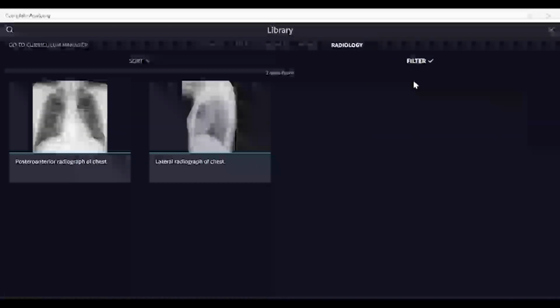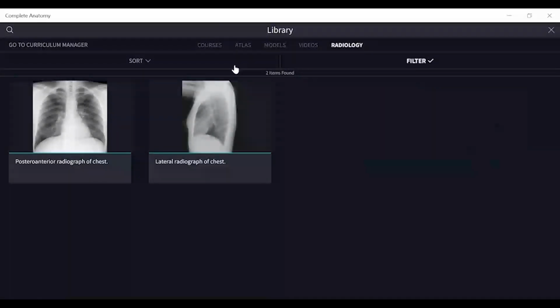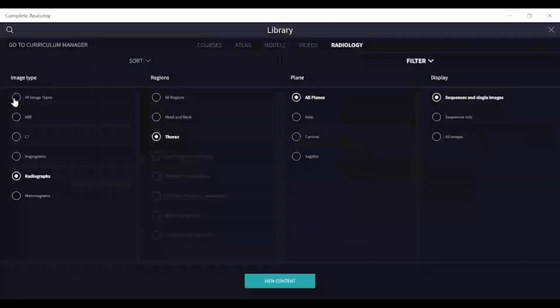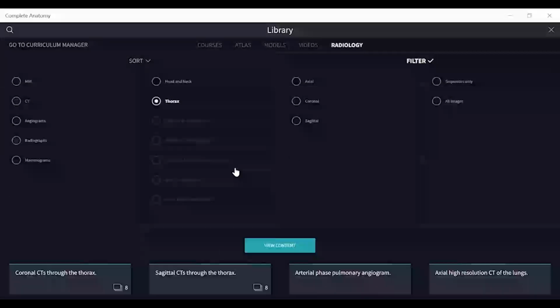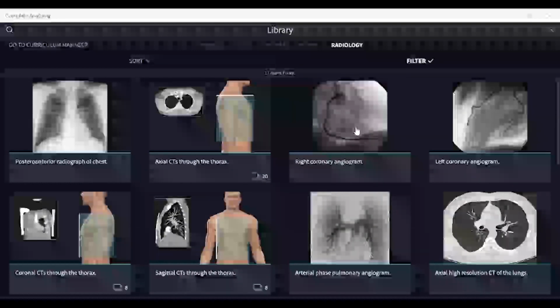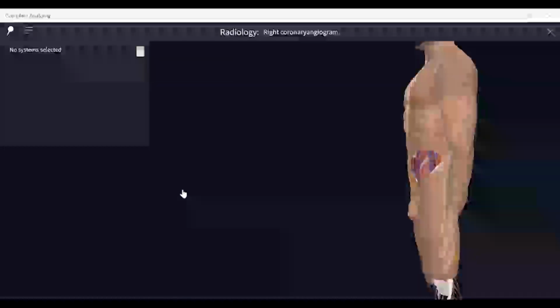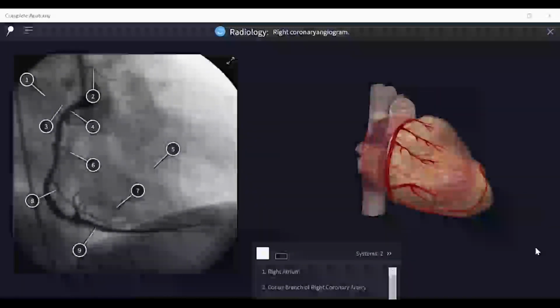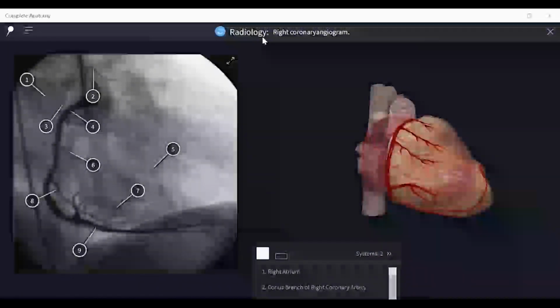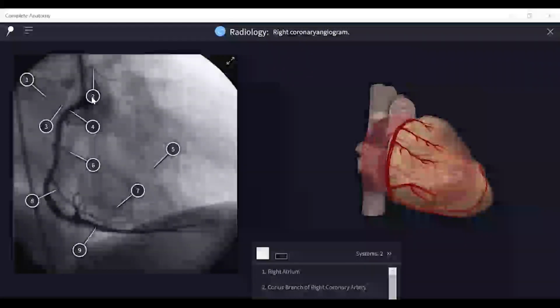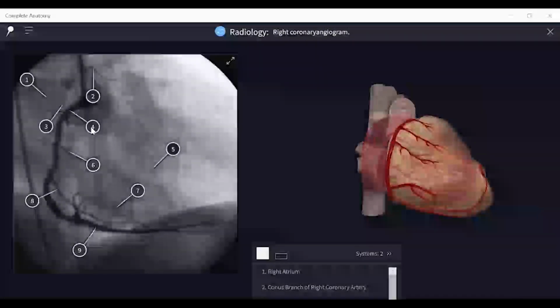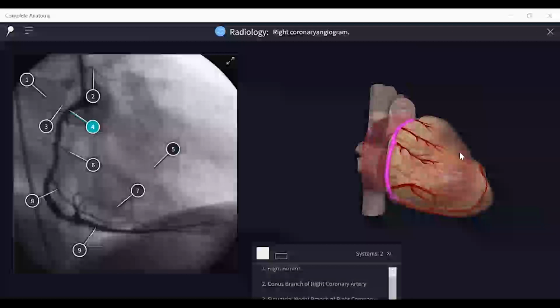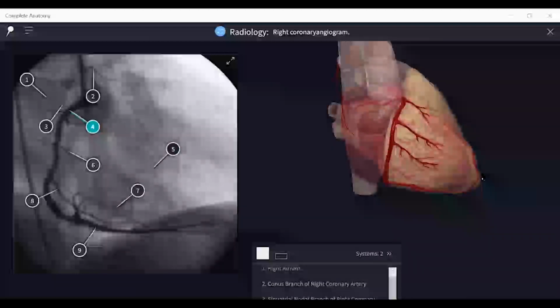I just wanted to show you the angiograms, all image types. Okay. So angiograms are also there. If I take any angiogram, I'll see the heart model along with these blood vessels, and I can see what structures I am seeing in this X-ray, and the same thing will be highlighted in this 3D model.